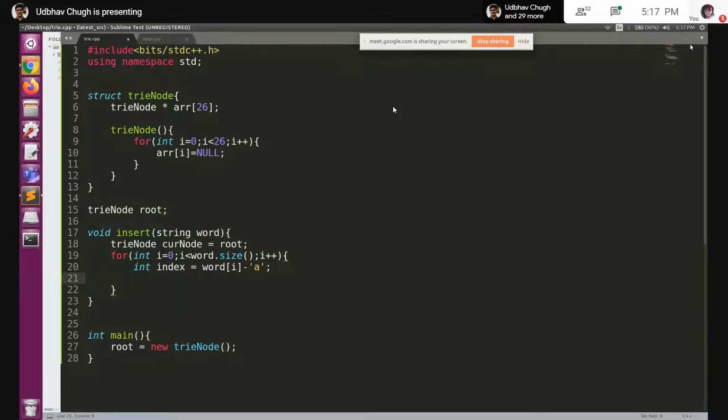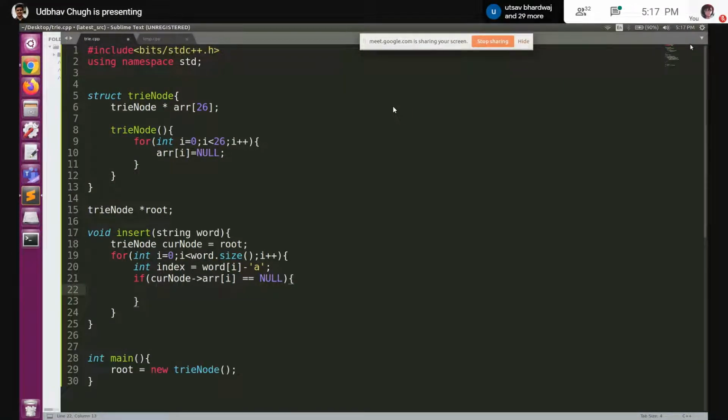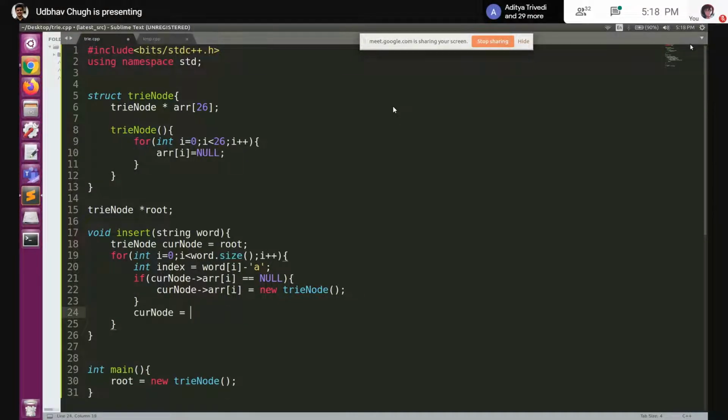Now I need to check if it's already null or not. So if curNode, I'm sorry, I had to declare this as a pointer. So this is a pointer to the root, right? If curNode's array[i] is equal to null, it means it has not been initialized yet. Like when we were inserting banana, we see here that B is not initialized. So curNode's array[i] will now point to a new trie node, and we'll update curNode.